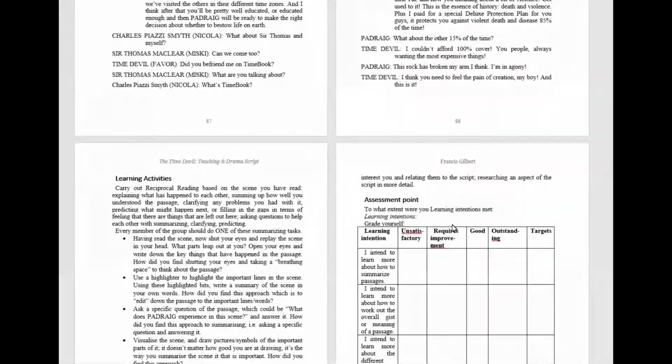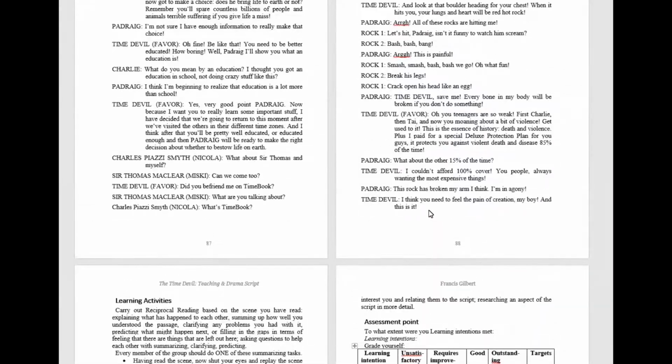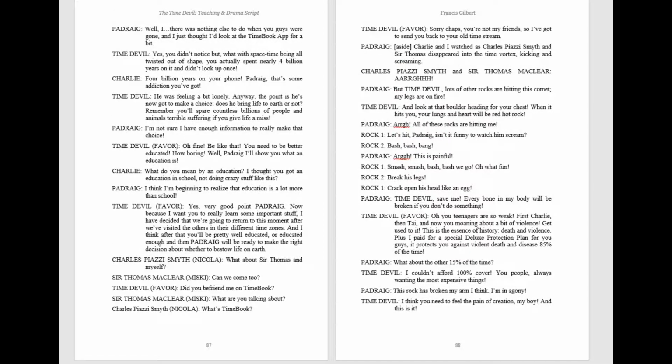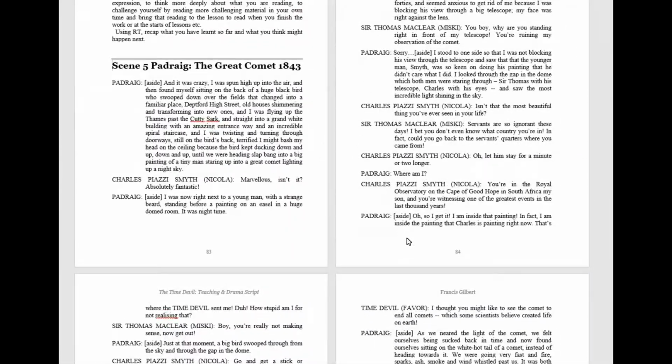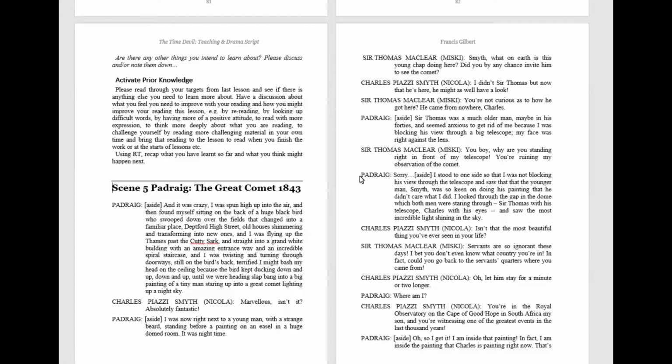And when you've read the scene, the first question is, what is it about? And the summarizer might say, well, you know what, I've been doing a lot of summarizing. I'm going to actually ask the motivator to summarize first of all, because it's quite a long scene. And the motivator says, sure thing, and we have this beginning of the scene where Padraig falls into a painting,